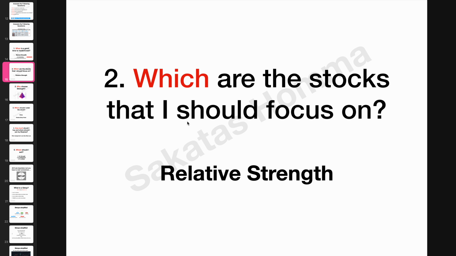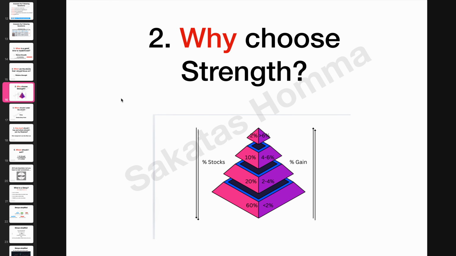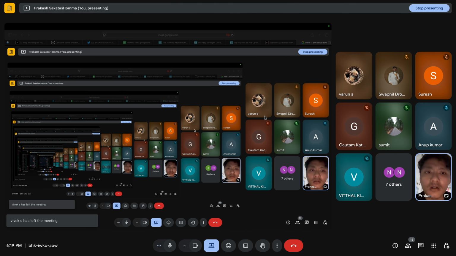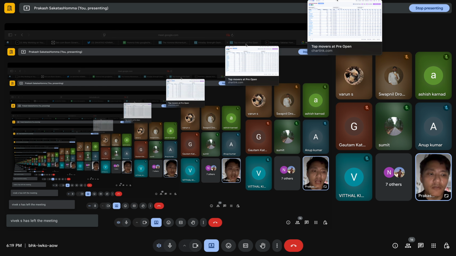But again, in here also most beginner day traders will try and look at stocks which are currently at 2% or maybe even barely positive, zero, hovering around that 0% mark. They will think that, oh, because this has not gone up, this will have the higher probability to go up. That is absolutely bullshit. Okay, so why choose strength? Because strength will beget strength, and more so, I want to talk about the numbers game here. Okay, and with a live example, and like I said, I will choose the intraday time frame, what happened today to drive home this point.